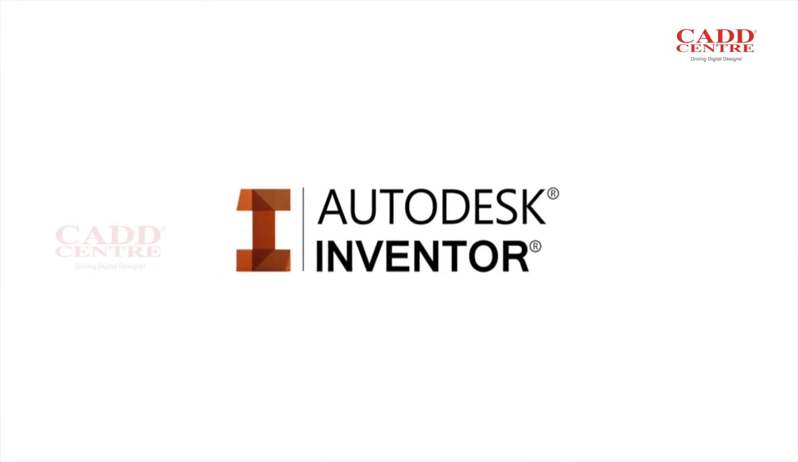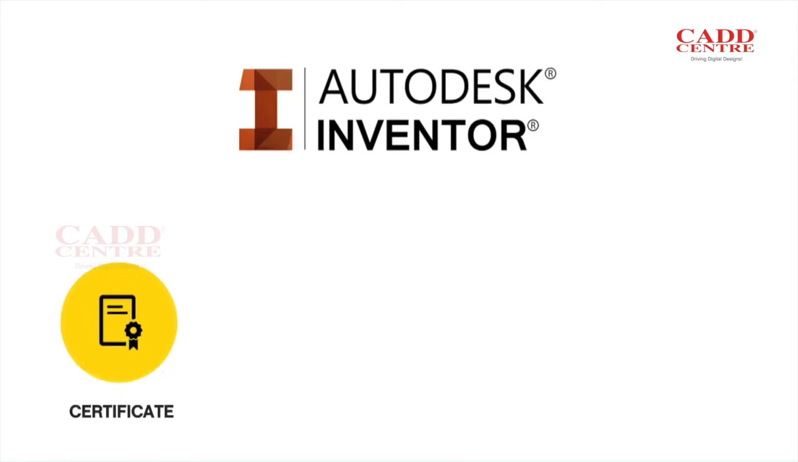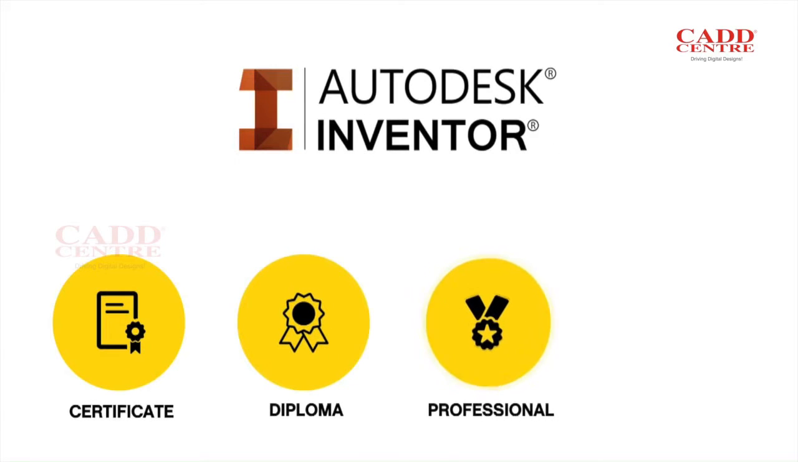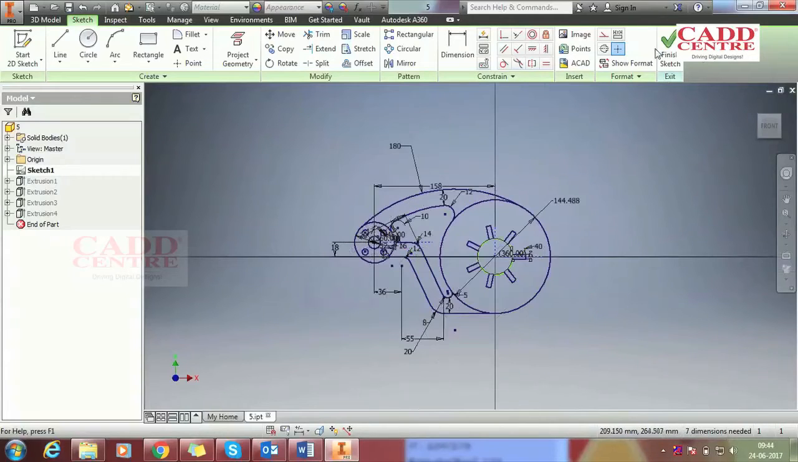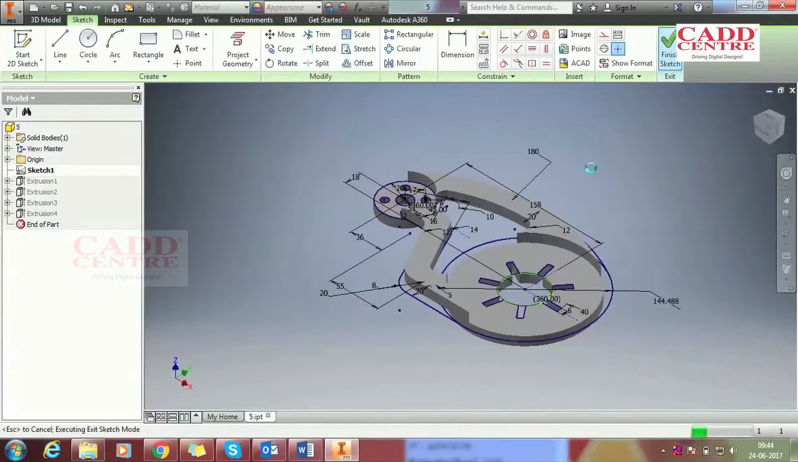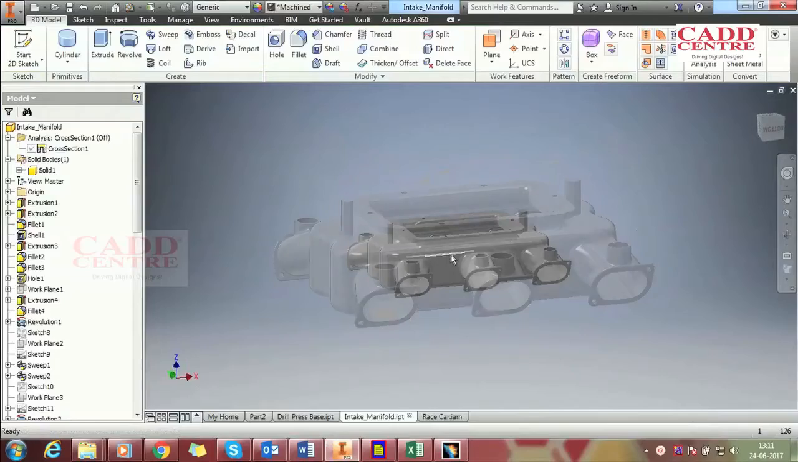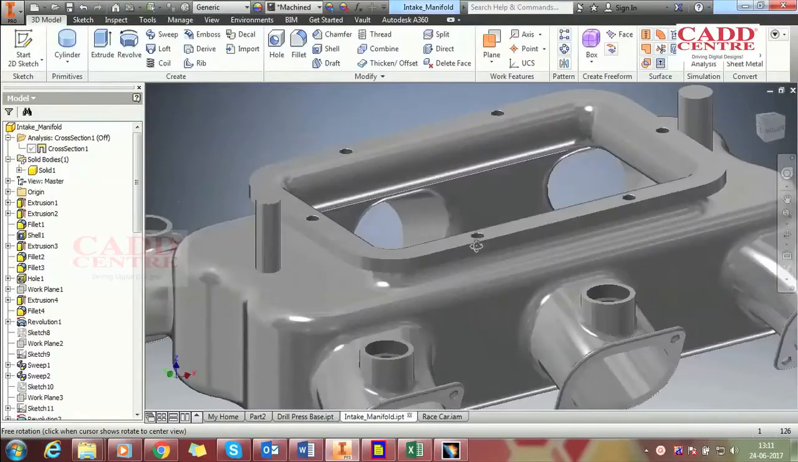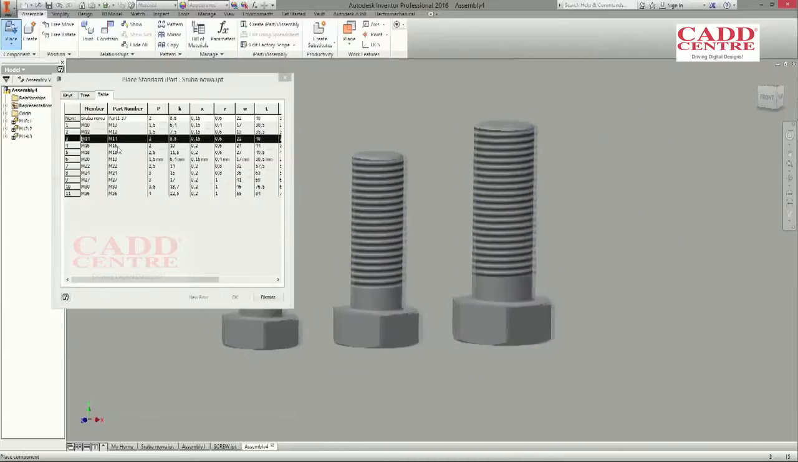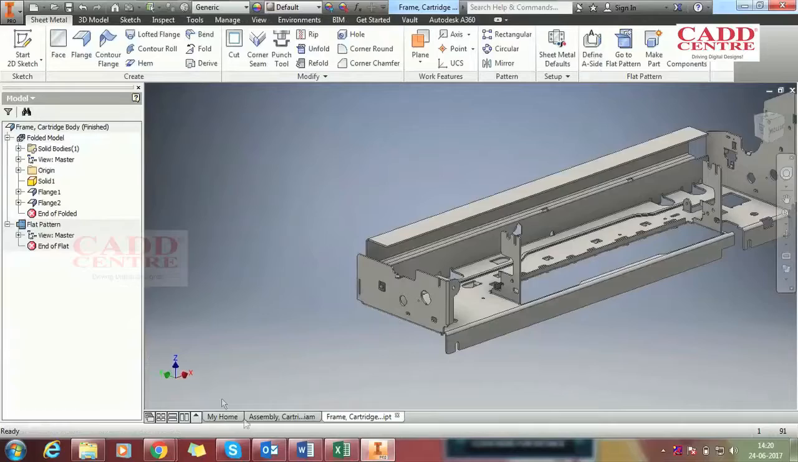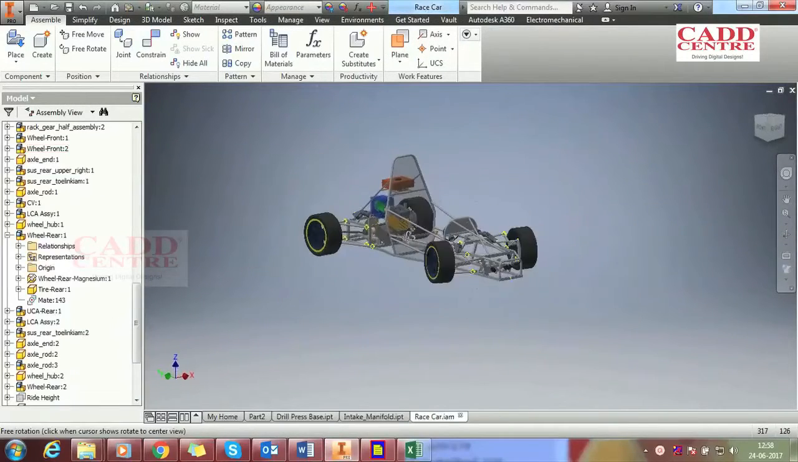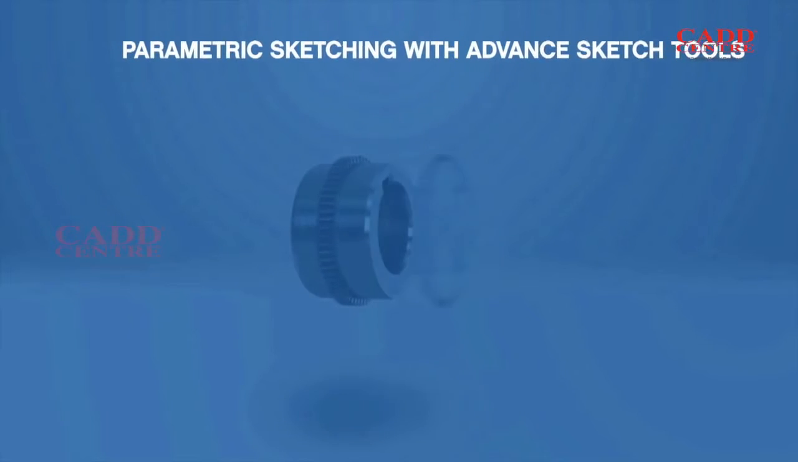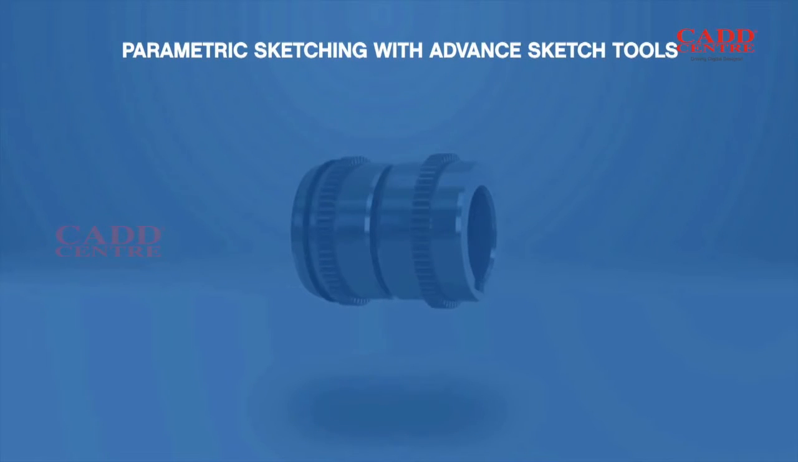AUTODESK Inventor. We offer training in Inventor 3D CAD in certificate, diploma, professional and master diploma courses. Armed with our world-class training in Inventor, you can become an expert in professional-grade 3D mechanical design, documentation and product simulation tools. Our courses in Inventor teach you how to use the software for parametric sketching with advanced sketch tools,